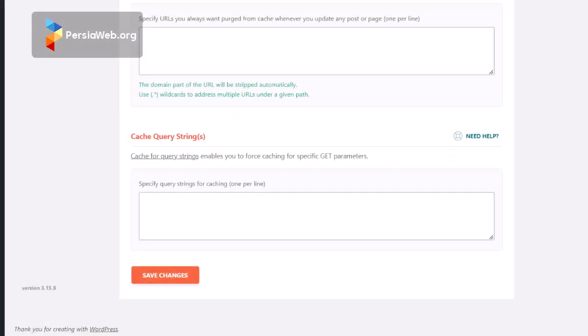Cache query strings. When you enable it, the plugin will include query strings when determining whether a page can be served from the cache. This means that if a URL has different query string parameters, WP Rocket will create separate cache files for each unique combination of query strings. For example,